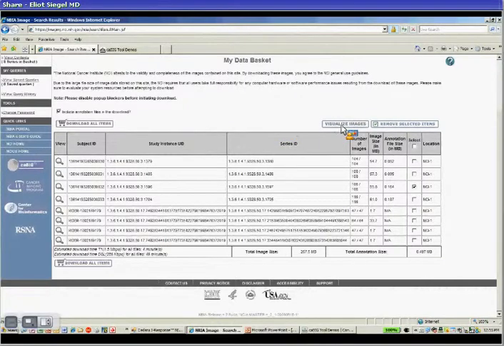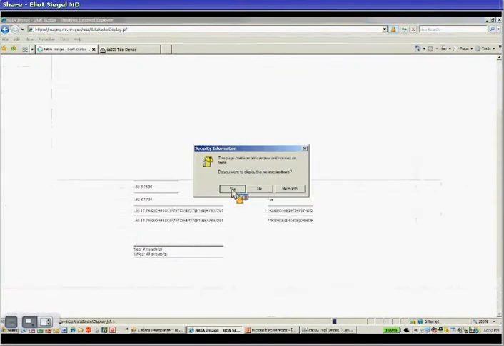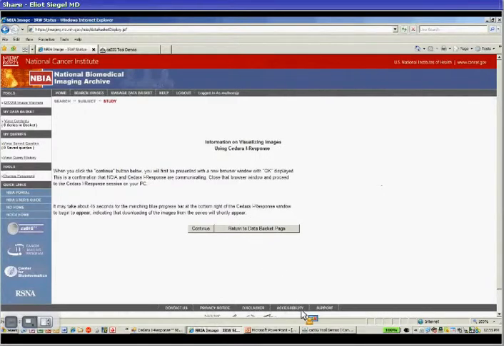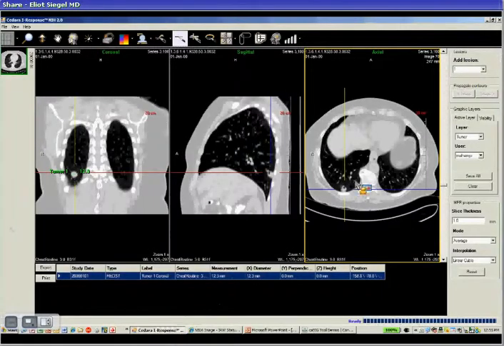And so now I've got the images associated with my basket, and then if I want, I can either download these items, so that I can review them on my own DICOM medical imaging viewer, or I can visualize the images on the viewer that's associated with our instance, which is the National Cancer Institute's version of NBIA. So I'm going to click on Visualize Images,